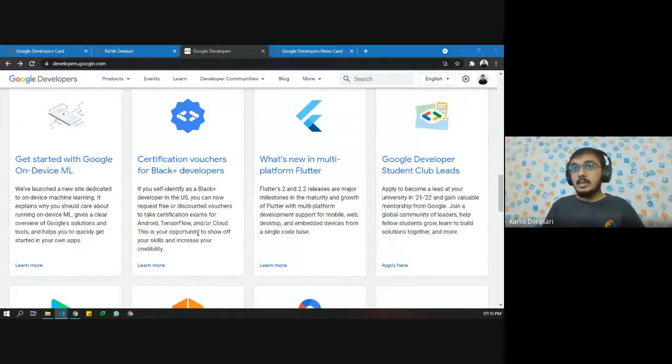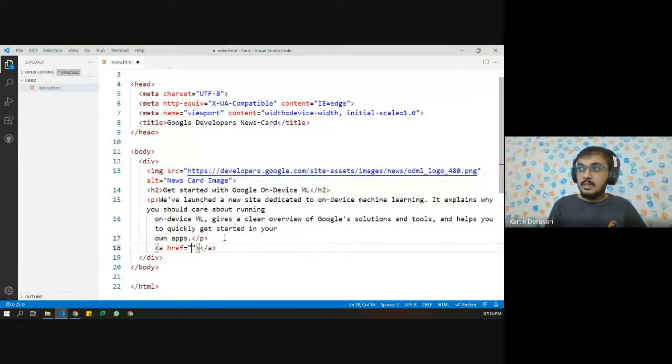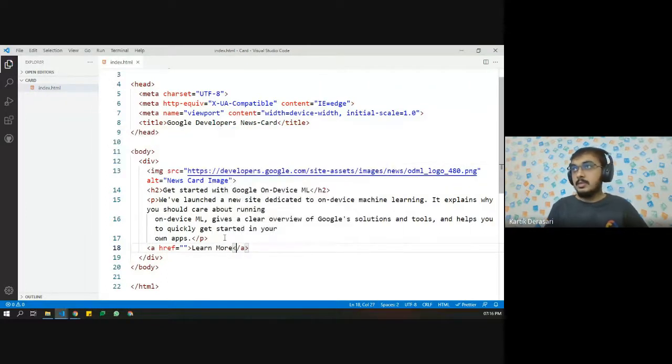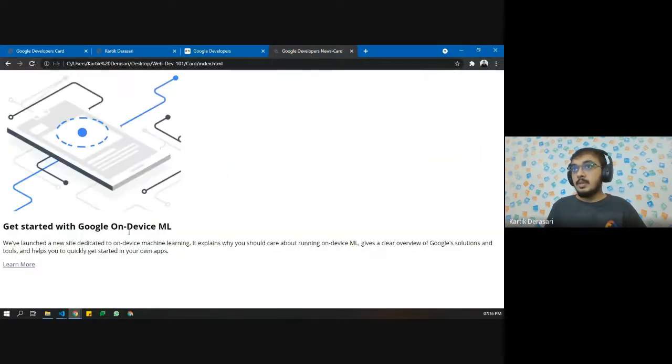So let's add an anchor tag and say Learn more. Refresh. Here we see Learn more, here we see the image, heading, and content.